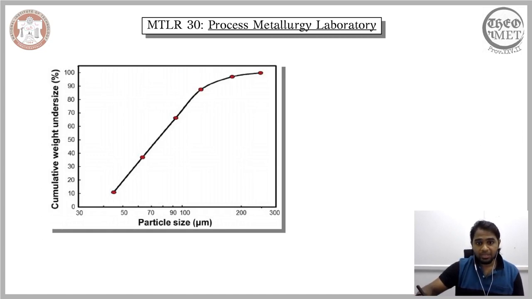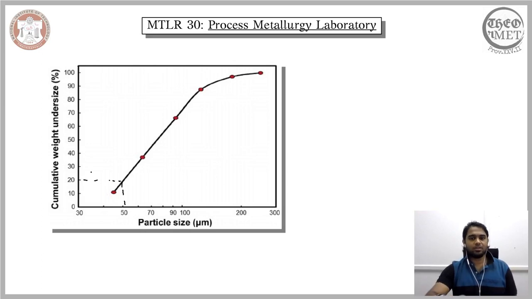that are allowed by the 250 micron mesh is more than 99%, and then it gradually reduces as you keep on reducing the aperture size or the mesh size. So the particles that are less than 250 microns are about 99% here, and say here we have close to 90 microns, so the particles that are less than 90 microns are close to 70% here, and the particles that are less than 70 microns are close to 40%, and the particles that are less than, say, 50 microns are close to 20%.